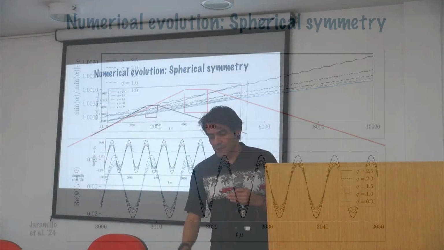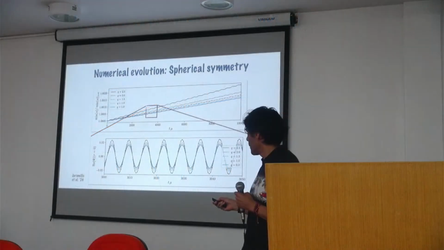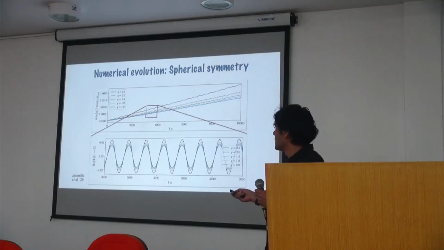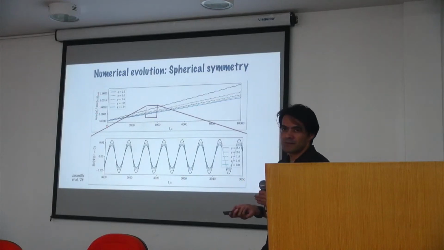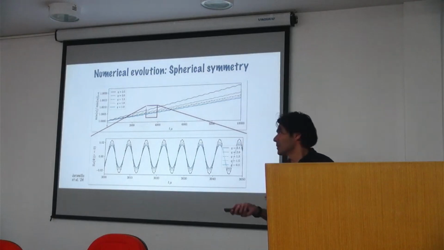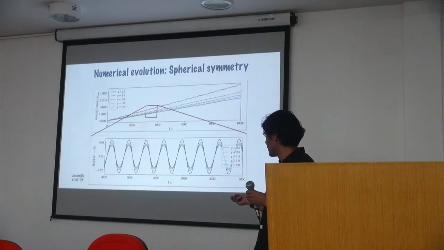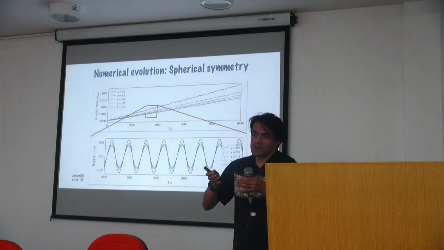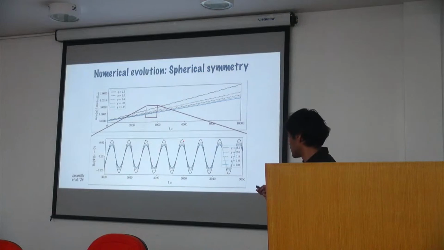So now the first thing that we do is we take the spherical boson star with charge and we evolve the system. And what we found is that this configuration, no matter what the charge that we put, the charge goes from 1 to 2.5 in some units, this simulation is stable. This is the minimum value of the lapse divided by the minimum value of the lapse at t equals 0. Essentially one quantity that tells us how the system is evolving. So we see that the system is pretty stable, and we did just a zoom in just to show you the behavior. Essentially, because we're evolving this star, the star is oscillating because we have numerical perturbation, and the star is just oscillating as a sinusoidal function.